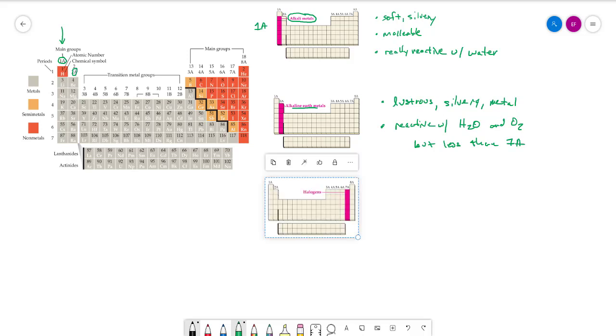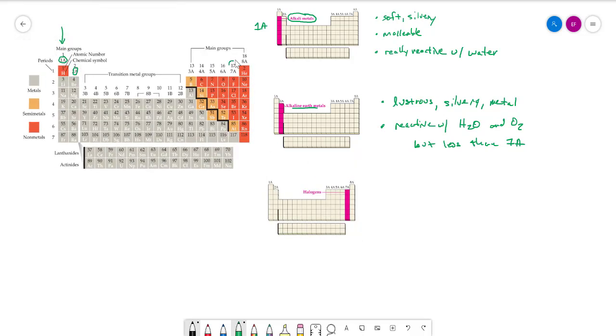The next key group that I want to talk about is group 7A, which is right here. That includes F as fluorine, Cl as chlorine, Br as bromine, and I as iodine, highlighted also in pink in this periodic table. We call these halogens. They come from the Greek word halo, which means salt. So halo is salt, and that's because these are found as salts in nature, and we'll talk a lot about